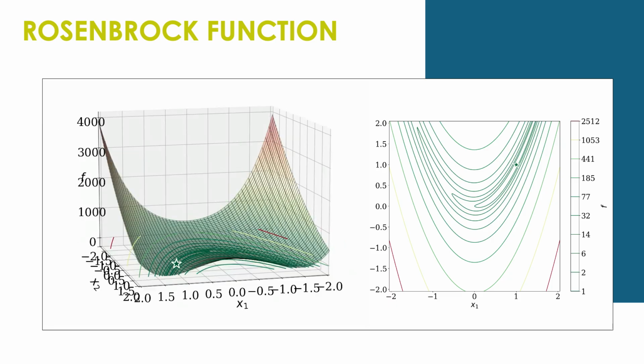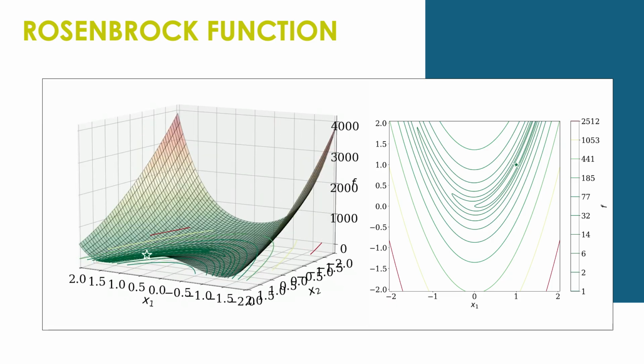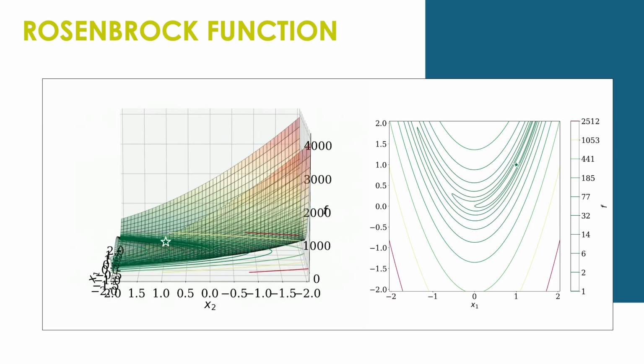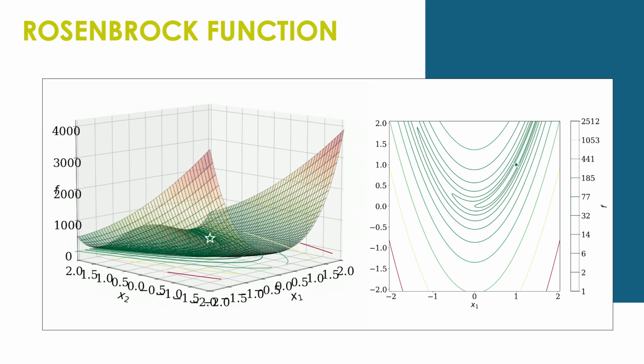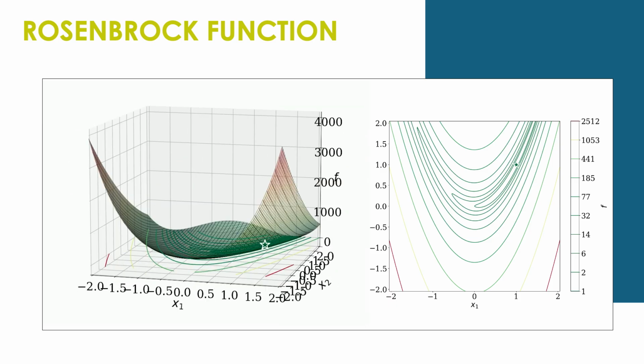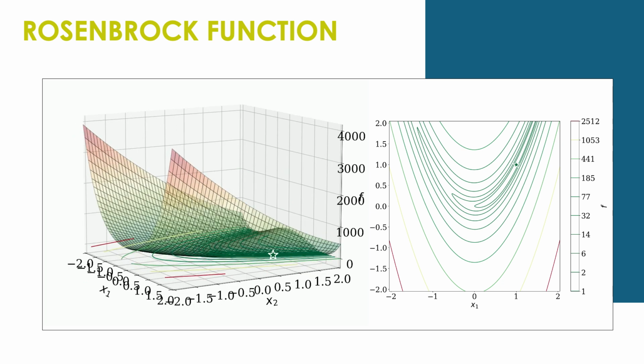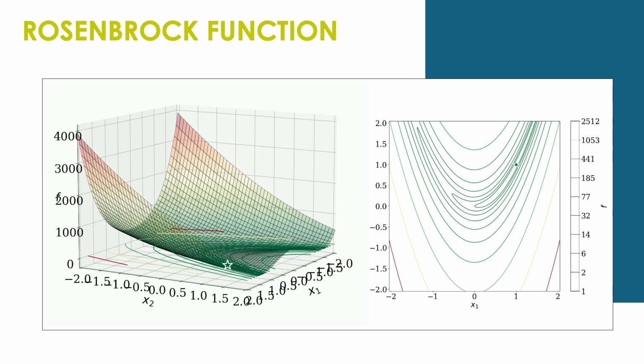Let us now consider some benchmark functions that are more challenging than a simple paraboloid and commonly used for testing metaheuristic algorithms due to their peculiarities. For instance, the Rosenbrock function has a single optimum at coordinates 1, 1, which is located within a long, wide valley where the objective function varies very little, making the search challenging. For example, the gradient provides little useful information.